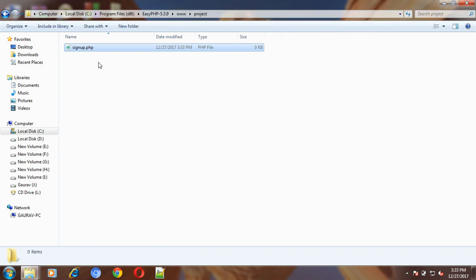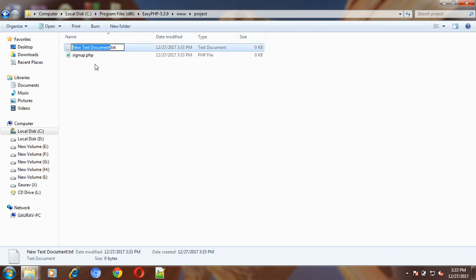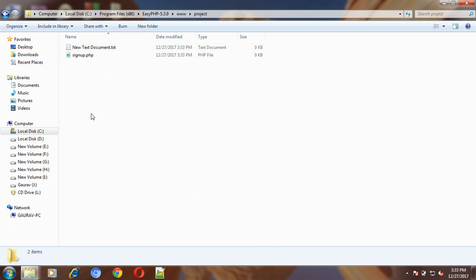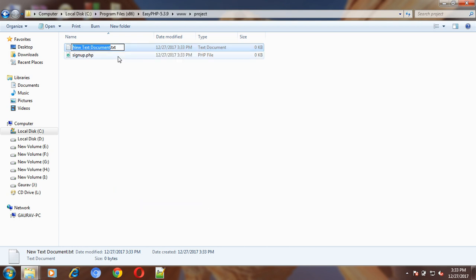What will happen is that after unchecking it, you will be able to see the file extension. So if you create a new text file, its extension is .txt. After you apply that, you will be able to see the extension and change it to PHP. Okay,